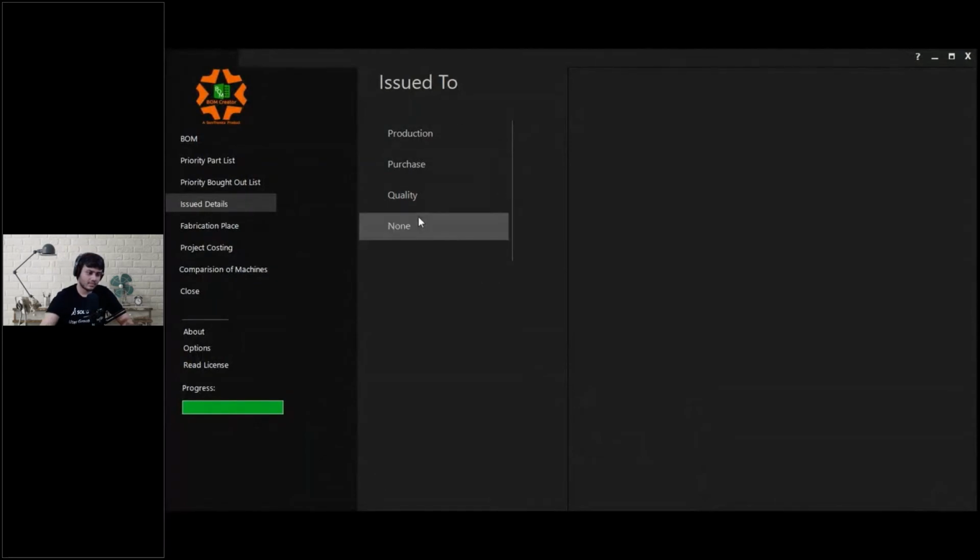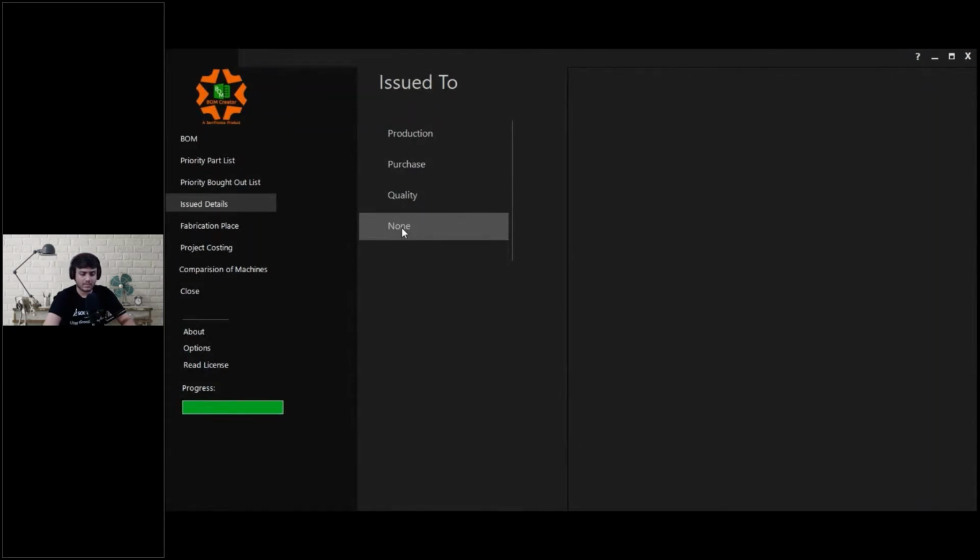There's an option called issue to none, right? So what is this option all about? So now, as I said, as a designer, say we are making a 2000, 3000 component machine, right? So now designers normally, as they function, do not release all the drawings in one go. They sometimes partially release the drawings so that initial production activity can start, right? Say there's a 1000 component machine, so they release 200 drawings today, they release 300 drawings the next day, and say after 3 days they release another 500 drawings, right? So they're partially releasing these drawings.